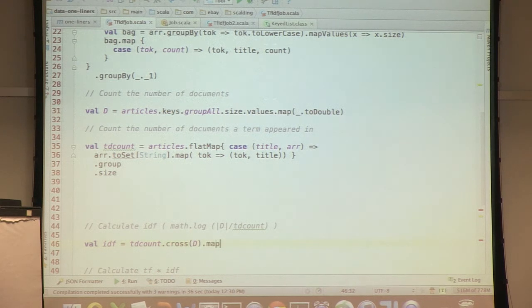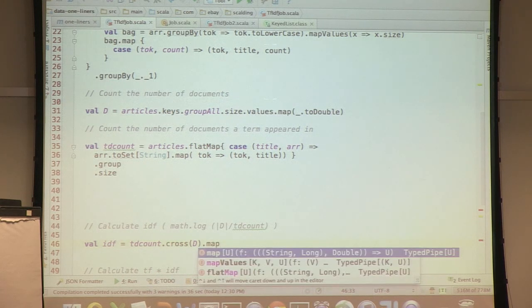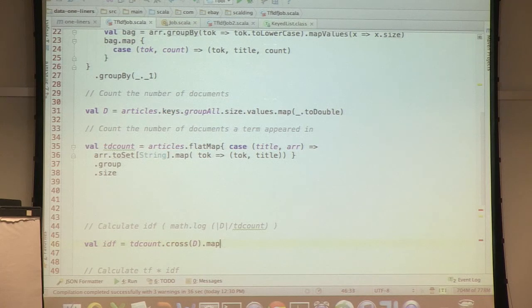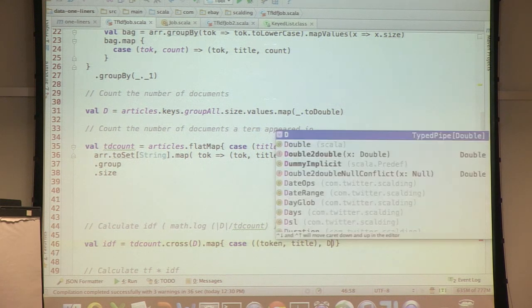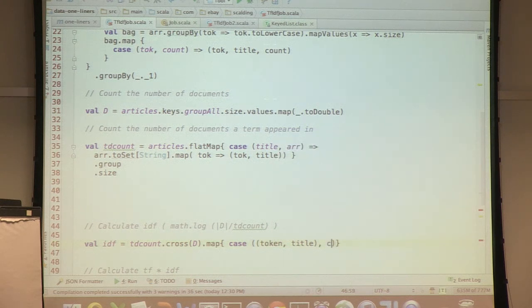So then all I have to do is map this guy, and I've got a case. I've got sort of a nested business now. I've got this guy, which was a token, title, and I'll just call it token count. And then this guy, which is like doc count maybe.